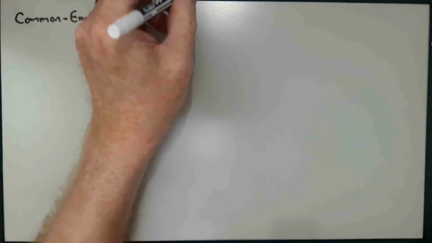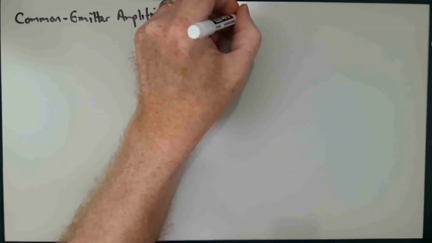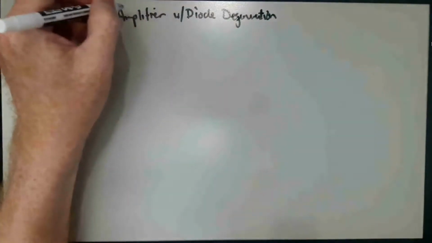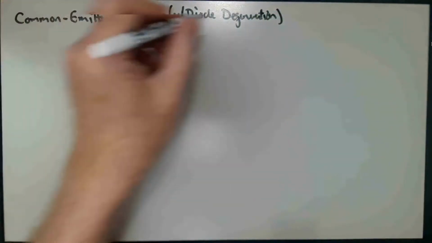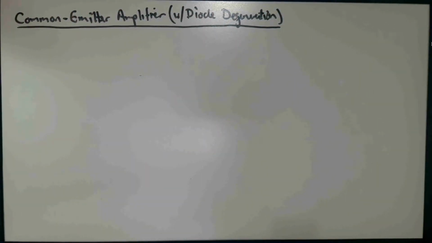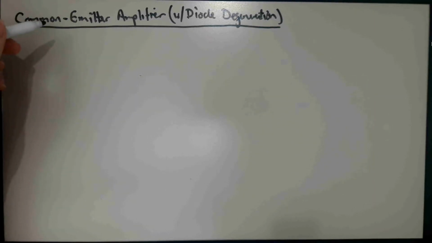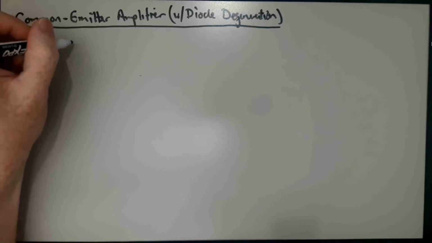Okay, in this segment we're going to be looking at a common emitter amplifier with diode degeneration. This is going to be similar to the one that you're looking at in the fourth experiment in Lab 3, but instead of having a resistor between the emitter and ground, we're going to actually have a diode